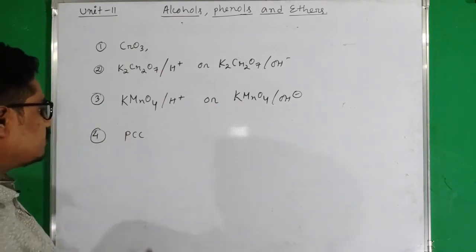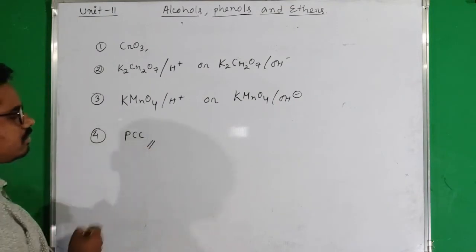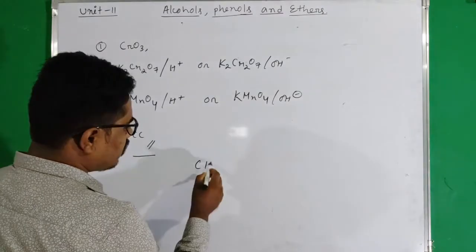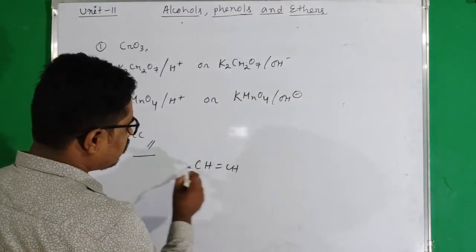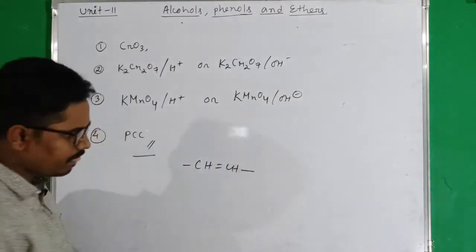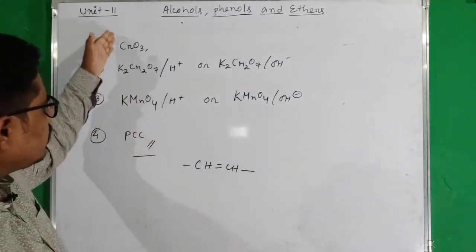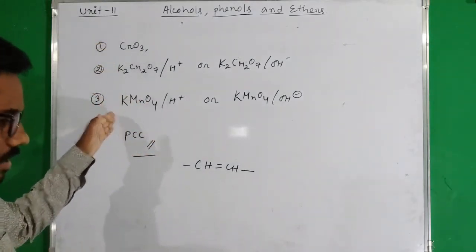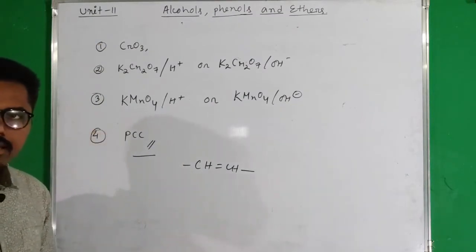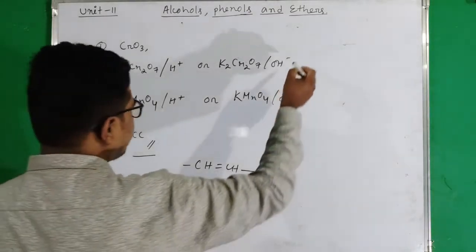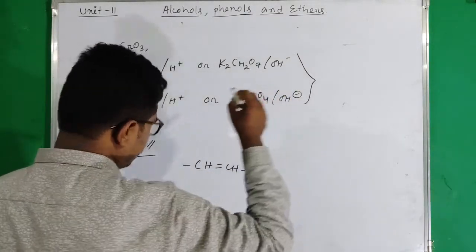This one is a selective oxidizing agent. This oxidizing agent does not oxidize carbon-carbon double bond. Okay, so we can take example of these oxidizing agents to oxidize alcohols, but always remember that these two oxidizing